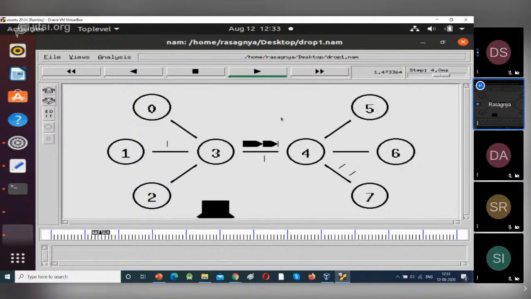See, first we do not have any data transmission. After the queue is full, it has dropped some packets. See, the packets are dropping here because the capacity here is 100, but here the capacity is very less. We gave only 5 MB. So just to observe this packet dropping, we gave this link capacity as 5 MB.